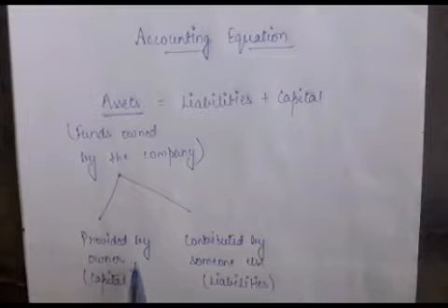It may happen that the funds, meaning whatever things the company has, have been provided by the owner itself, so that will be known as the capital. And if it is contributed by someone else, meaning someone else has given us those assets, or has given us cash to take something, all of that will come under liabilities, which we did in the last video. Liabilities are the amount that we owe to outsiders. So if an outsider is giving us something, of course we need to pay him for that, so that will be the liabilities. And capital is what the owner provides by himself.